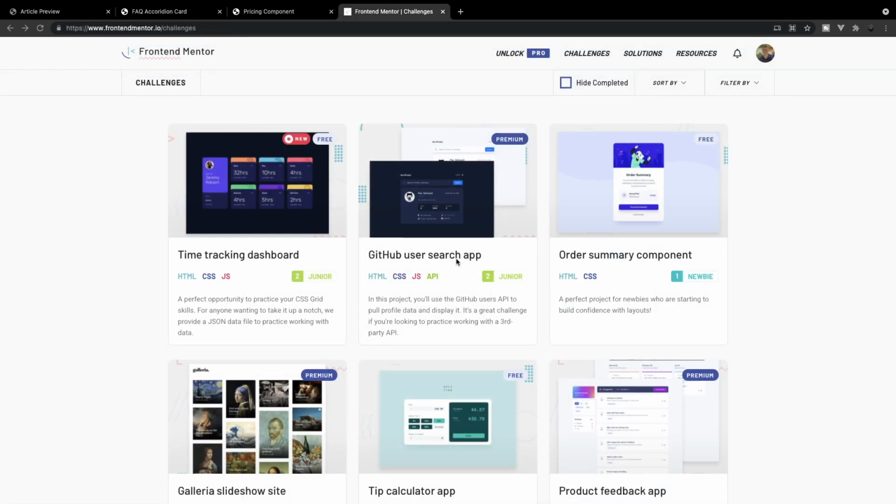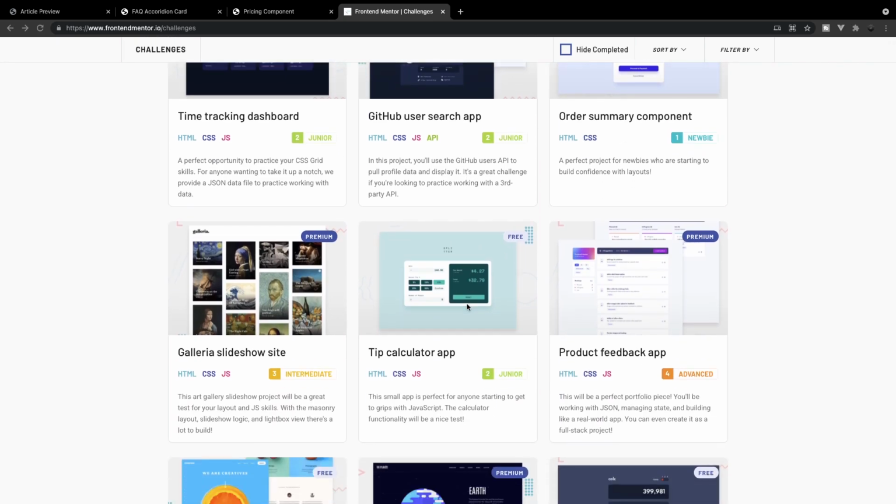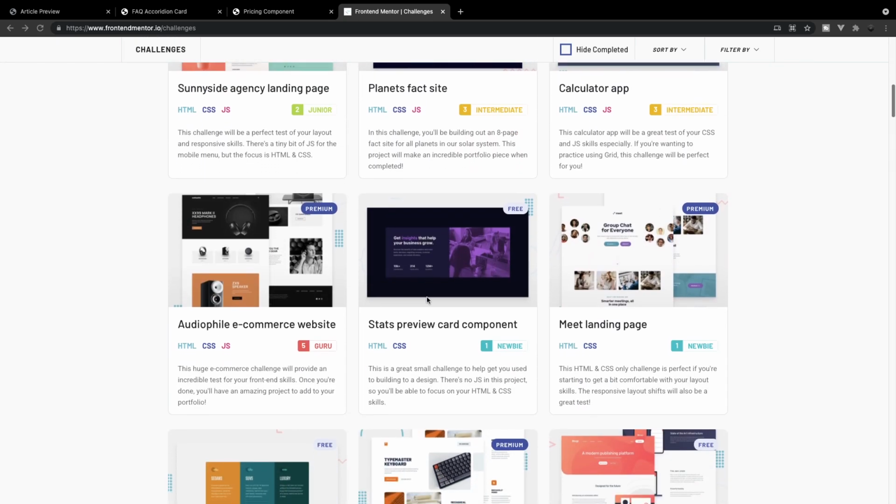Now, really quick, I would like to mention that all 3 projects that we're going to be building here today are coming from Front End Mentor, which if you've never heard of the service before, I'll leave the link down below in the description. They provide you with a whole bunch of free project ideas that you can use to practice your front end development skills here. So as you can see, they have a ton of projects. So if you struggle with coming up with project ideas, this is definitely going to be the platform and service